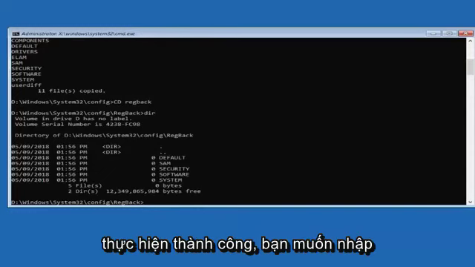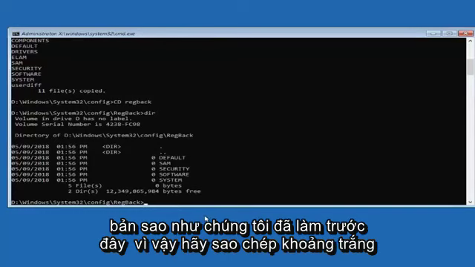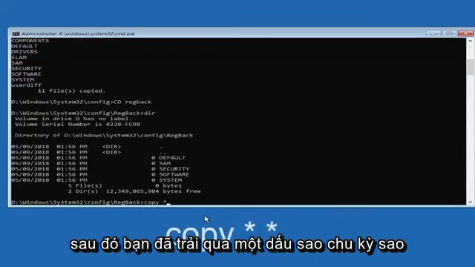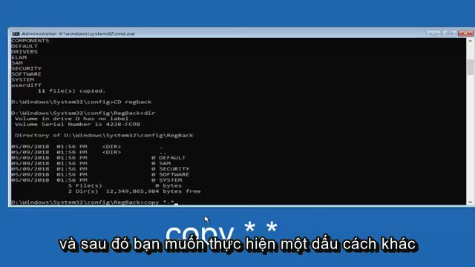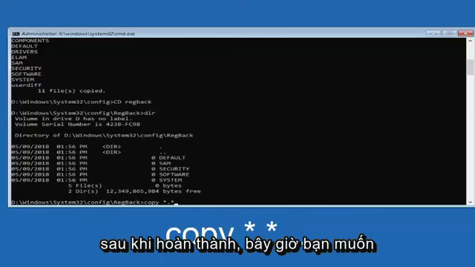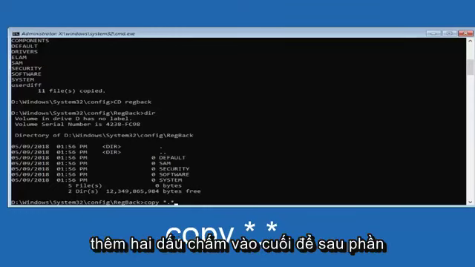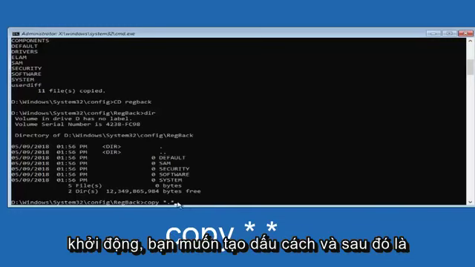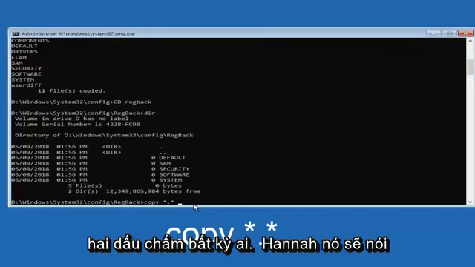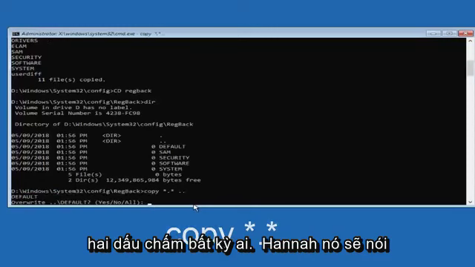Once you guys have done that successfully, you want to type in copy like we did before, so copy space, now star, period, star, and then another space. Once you've done that, now you want to add 2 dots at the end. So after the star, you want to do a space and then 2 dots. Then you want to hit enter.